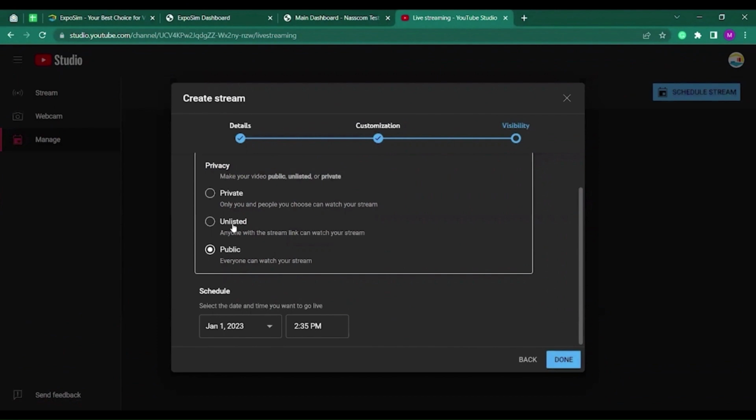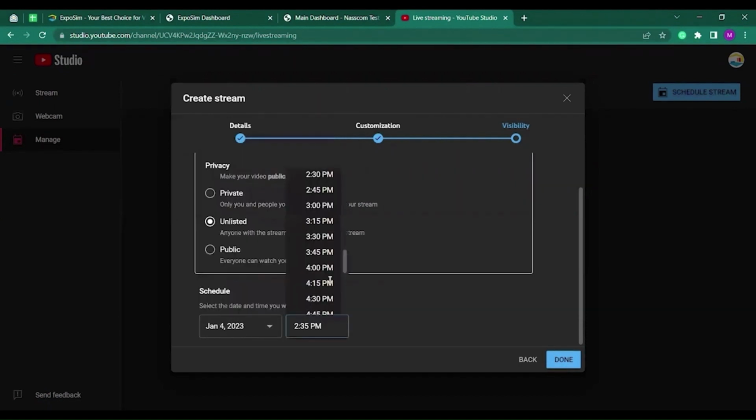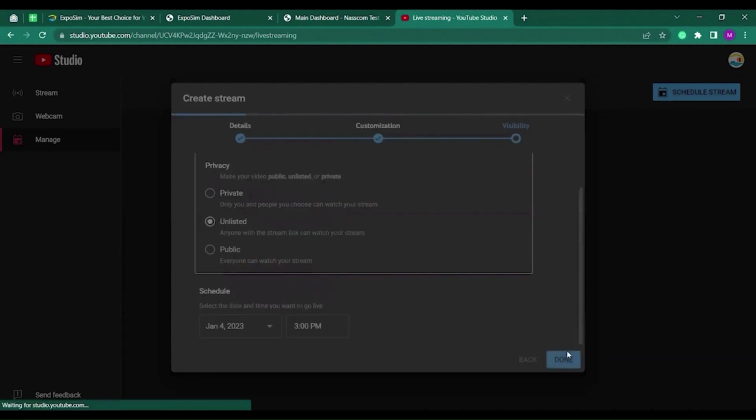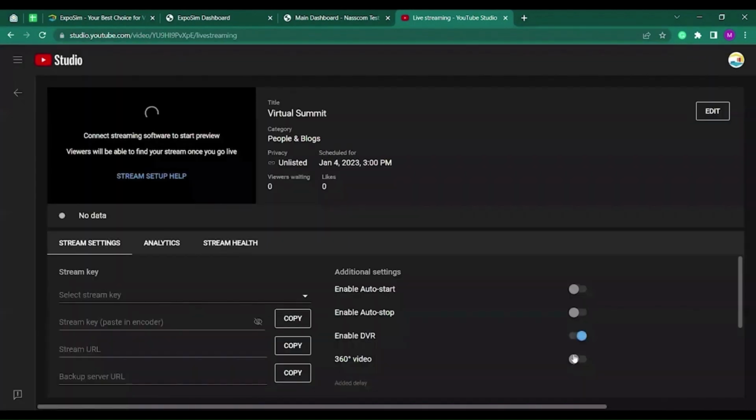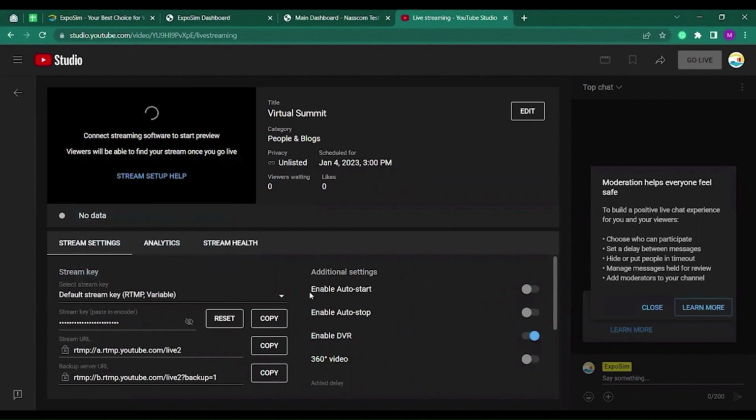Keep the event private, unlisted, so that your YouTube visitors will not be able to see this streaming. And then select the schedule of the meeting. Select the date and time, and done. Your live will be created, and in the live you can just enable the auto start and enable the auto